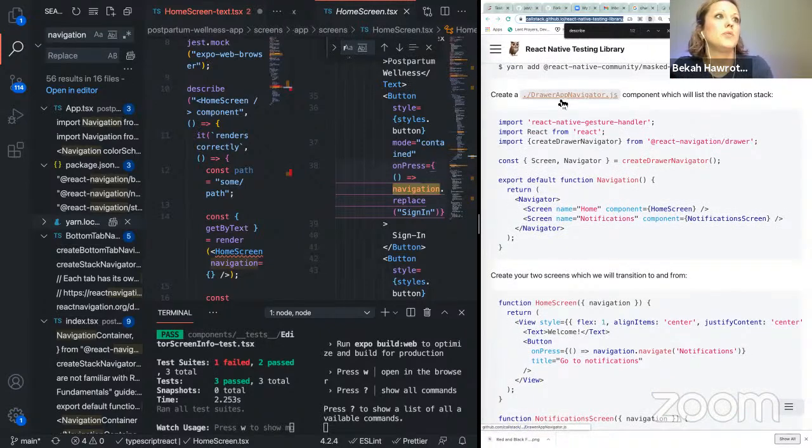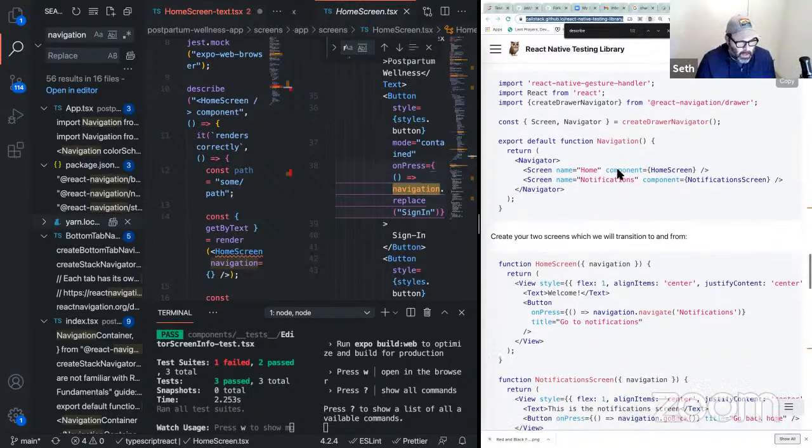They're testing the drawer app navigator. So they've got that, and that's not being passed anything. They have the name and the component. A little bit different than ours. Okay, here we go.